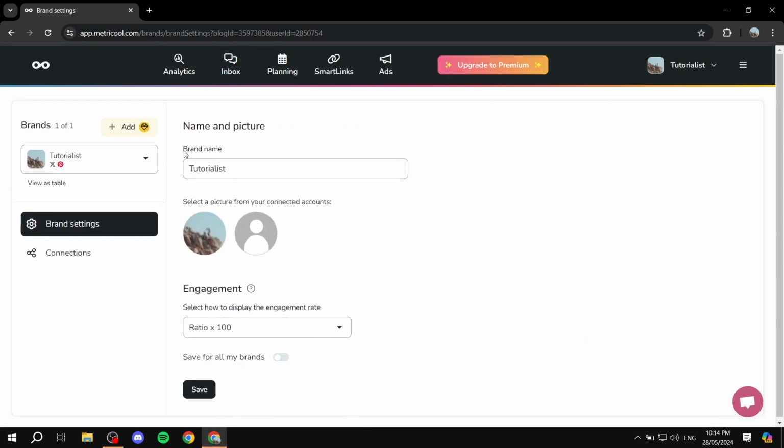For brand settings, you just need to set up a few things. Two things actually. Your brand name, which is going to be shared between all the platforms that you have connected. I just used this one for the sake of the example. And then you just select one picture from one of the accounts that you have connected. It is going to show you a list of images from the accounts that you have connected. Just select one